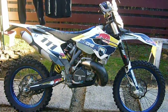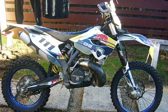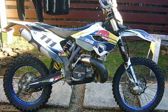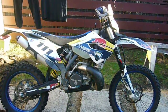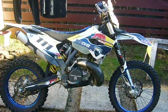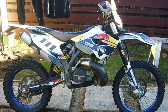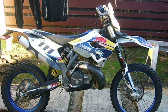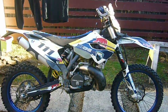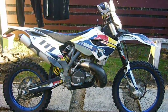Hello from New Zealand, and this is what happens when you have too much time on your hands. Not necessarily enough money, but time. What I've done is I've got a white plastics kit for my 2013 Husaberg TE250, and I've got some very nice graphics, again from Costa Rica of all places, but unlike